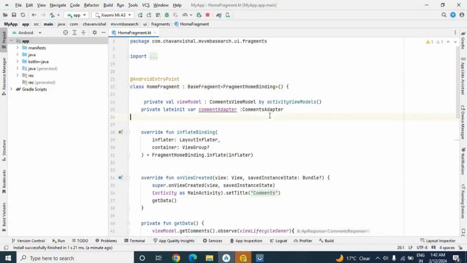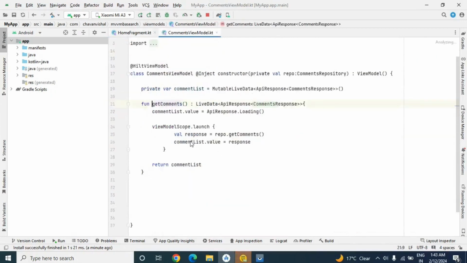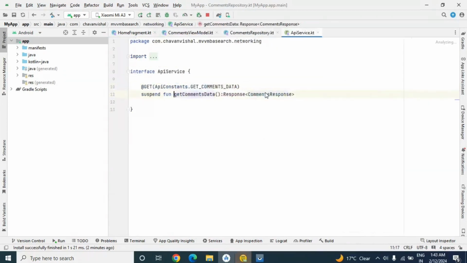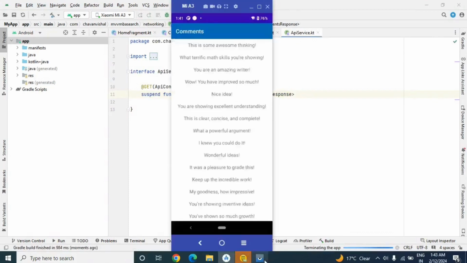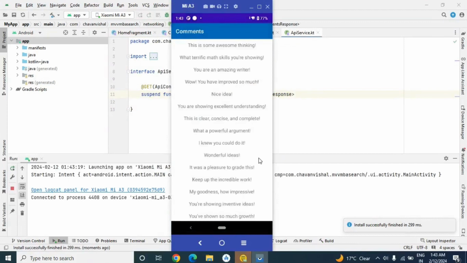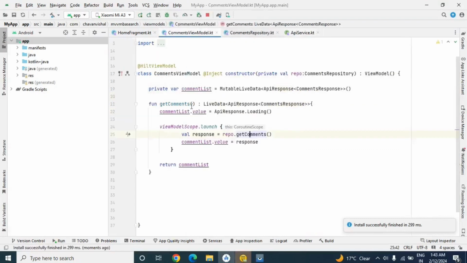Okay, so this is our home project. Let me give you the high level overview. So this is our MVVM project where we are just calling one API and showing the result into recycler view. So this is our home fragment from where we are calling this view model API, and from view model we are calling repo, and from repo we are calling here interface method. Okay, so let's run the project first. Okay, so here we are showing the data in our recycler view. Okay, now let's move to view model.